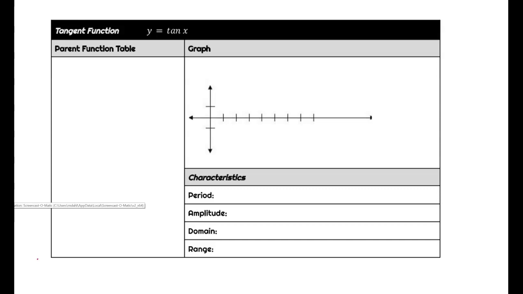Today you're going to add in the tangent parent function and we're going to work on graphing the tangent. So we're going to do the parent function in one example. As we go to create the parent function for the tangent, we want to pay attention like we did for sine and cosine. So remember, as we're choosing, what would we want to be the best x and y values